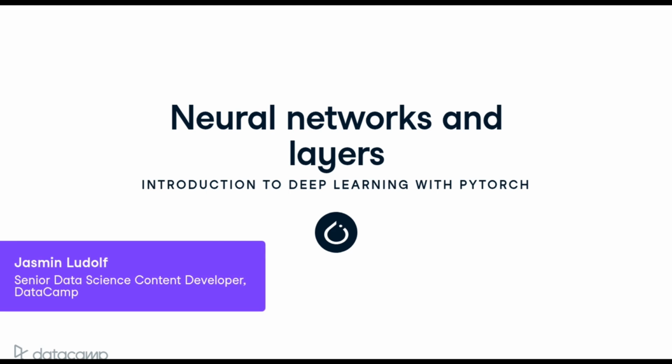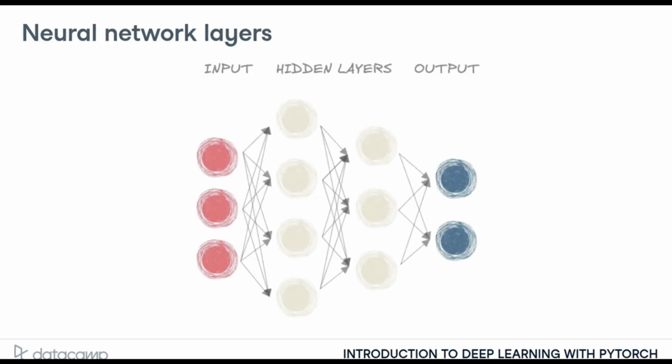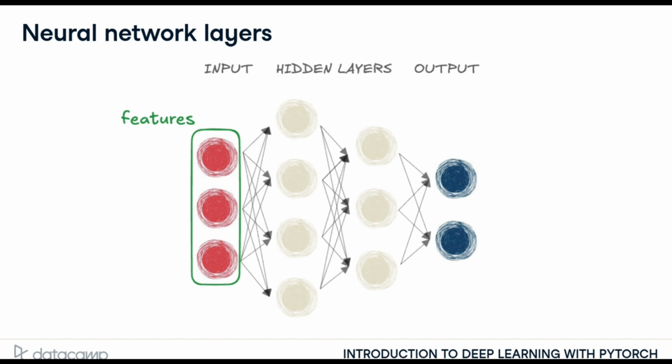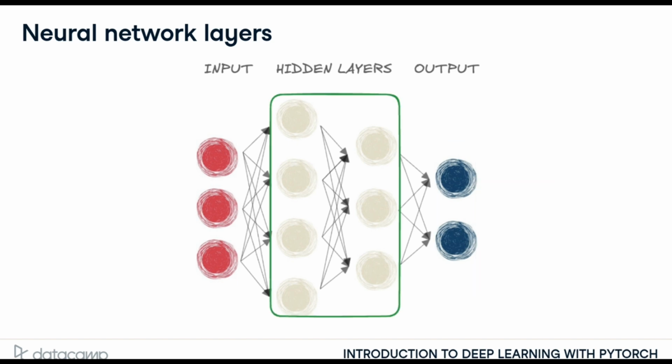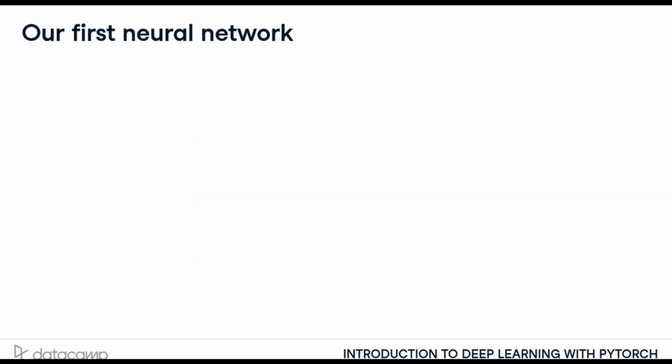Let's build our first neural network using PyTorch tensors. A neural network consists of input, hidden, and output layers. The input layer contains the dataset features, the output layer contains the predictions, and hidden layers lie in between. While a network can have any number of hidden layers,